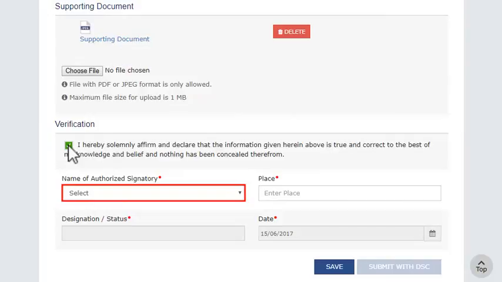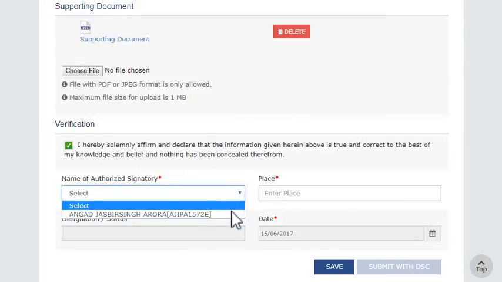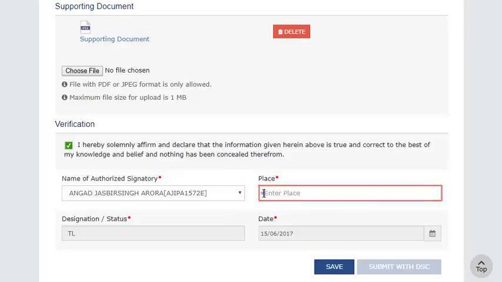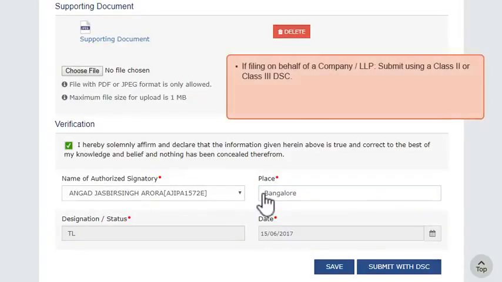Select the name of the authorized signatory and submit the clarification using a PAN-based Class 2 or 3 Digital Signature Certificate, DSC, in case of a company or limited liability partnership, LLP. But before submitting the clarification using DSC, the DSC needs to be registered using the Register DSC